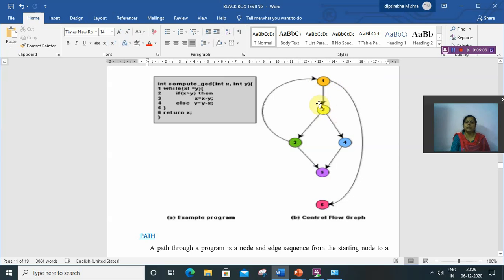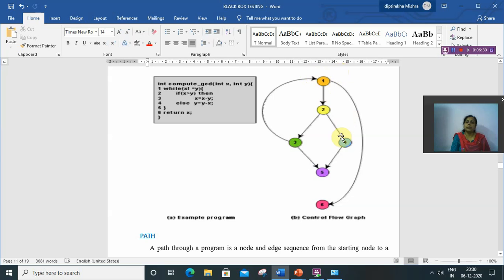In statement 2, it again checks whether x is greater than y. If x is greater than y, then statement 3, x equals x minus y, is executed. Otherwise, it executes 4. After that the loop body ends and it goes back to 1 and again checks whether x is not equal to y.